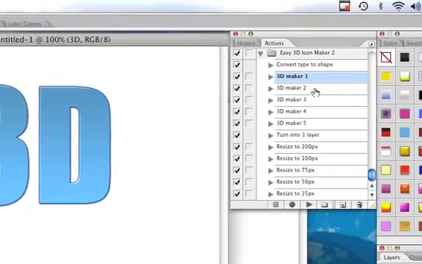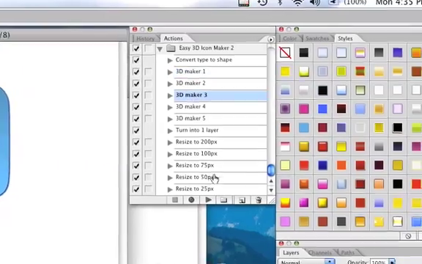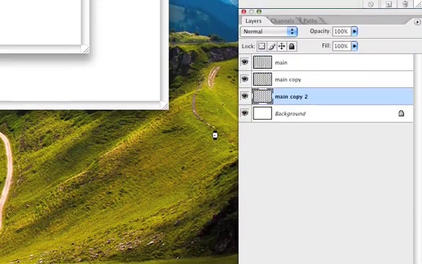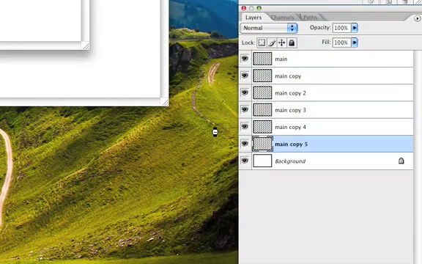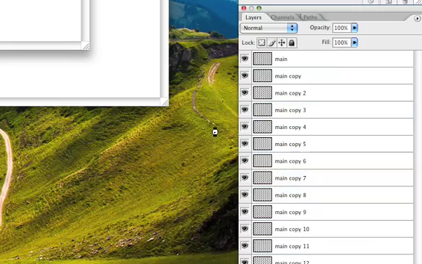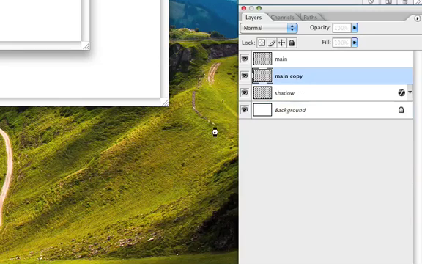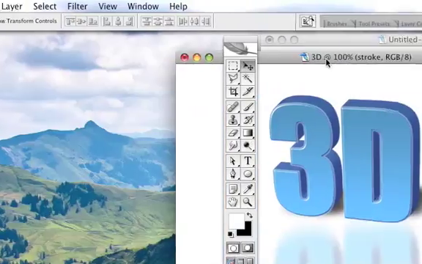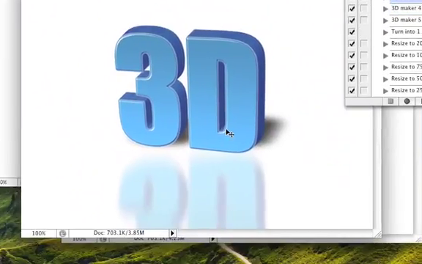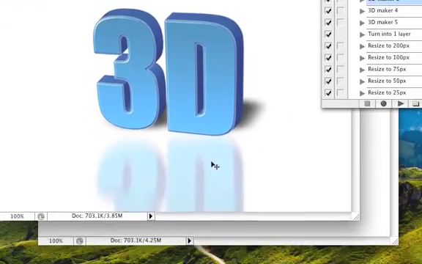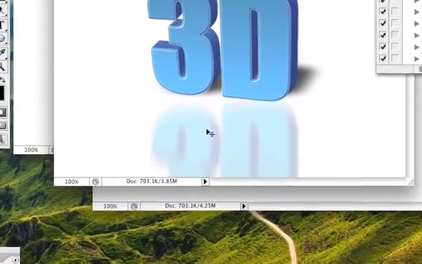Let's just use one of the different perspectives here, like this one. Press play again. We'll wait for the action to do its thing, and then I'll show you what you have to do for some of the other actions. Okay, it's done, so here we go. This is a different perspective as you can see here, and also as you can see the reflection is not lined up 100%,